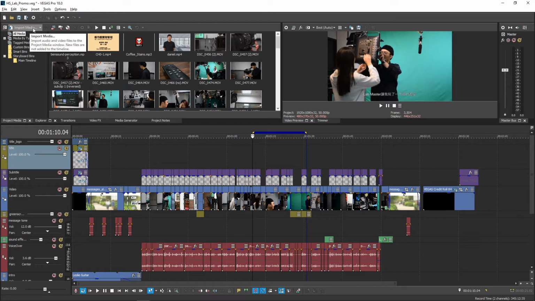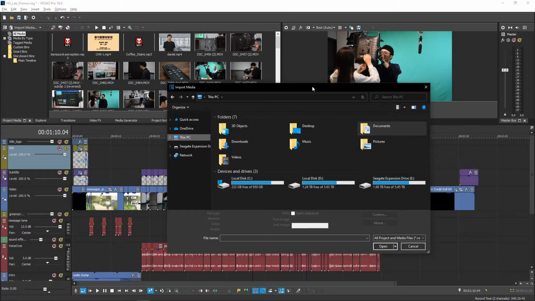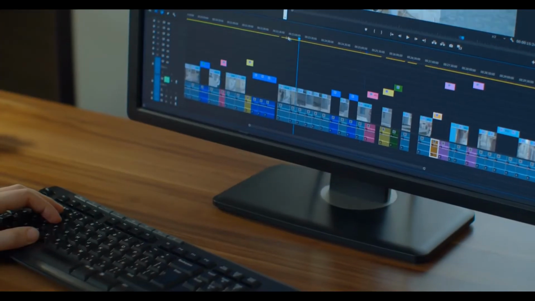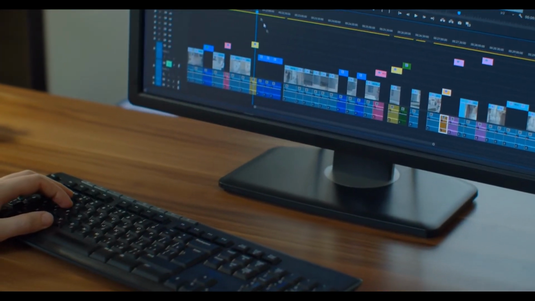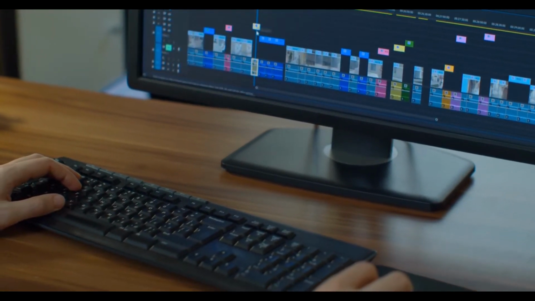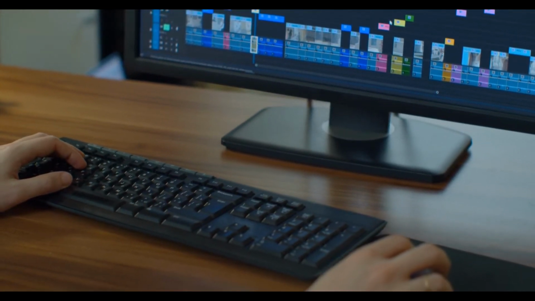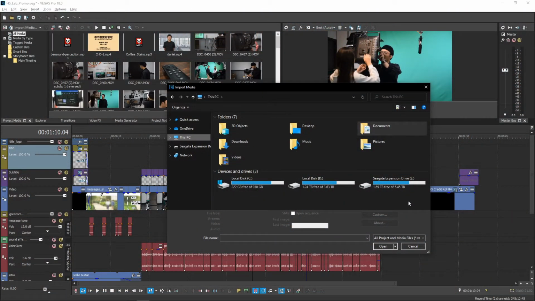The next button is the Import Media button. Importing media means to go into your computer and bring in whatever footage you have into the program that you're using. This can include everything from basic picture files to audio and raw footage. Only media you have imported into the Project Media folder can be used for editing. This button opens up an Explorer window, which allows you to navigate your computer to find all the media that you want to import into your project.